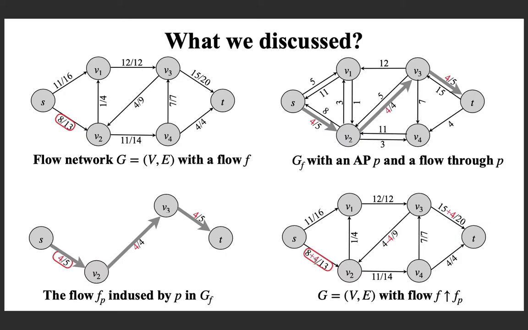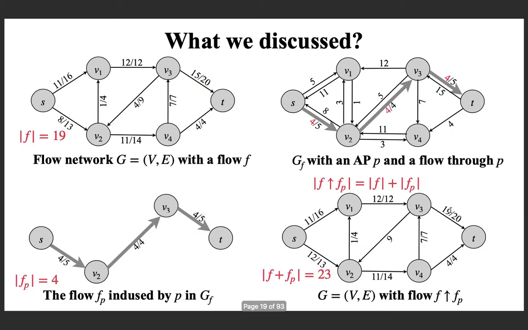So, it is 8 plus 4. In the next conduit, you can see that it is in the opposite direction as that of the flow happening in the original network. So, you are subtracting, and in the third conduit you are having it in the same direction. So, you are adding 15 plus 4,